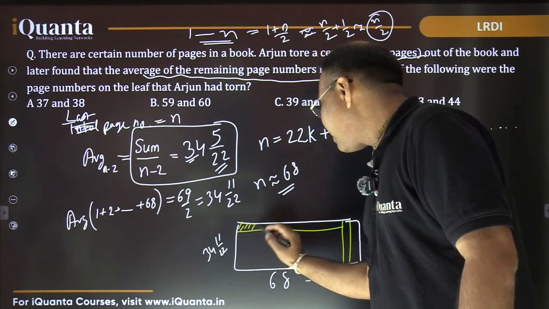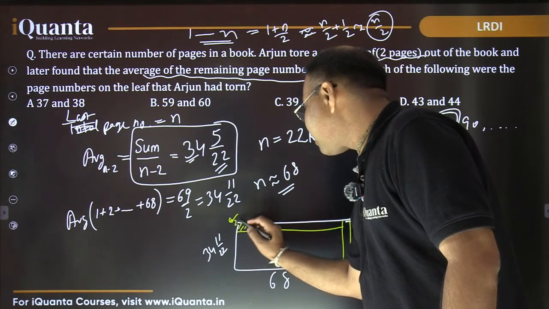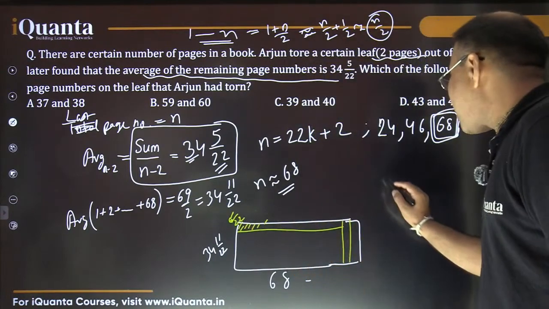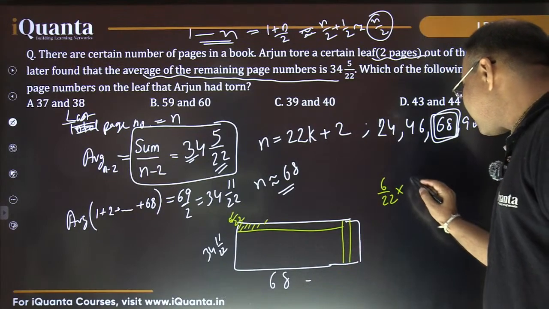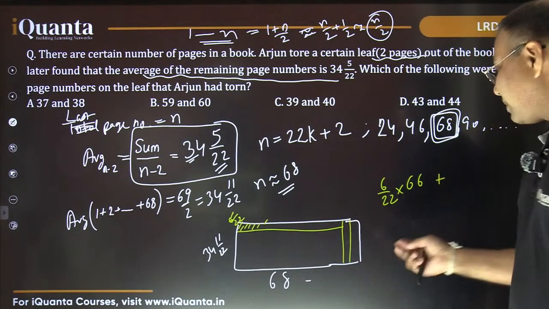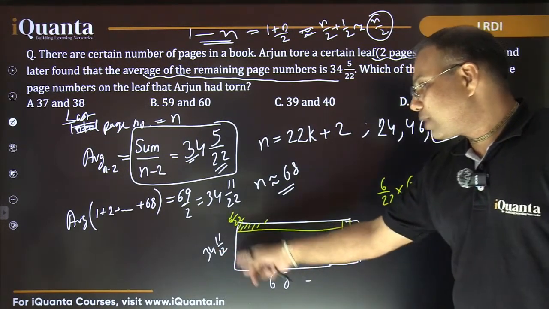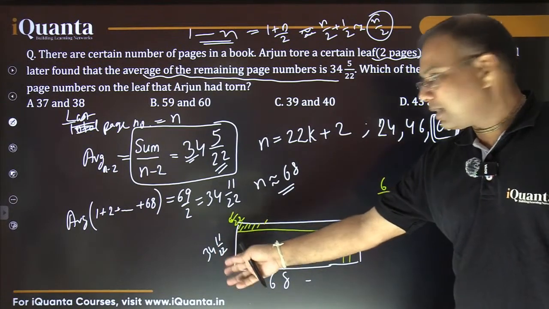This is 6 by 22 each. So they are taking away 6 by 22 from how many numbers? 66 numbers. Plus they have taken away this 34 11 by 22, or basically half of 69 by 2